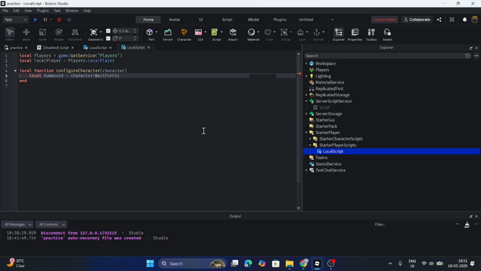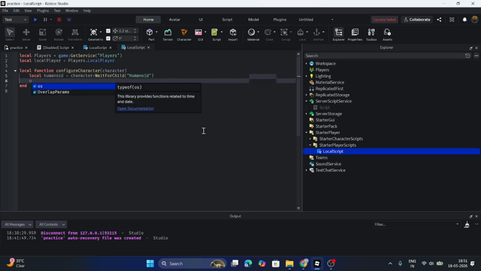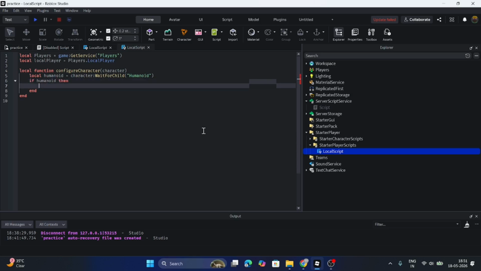We use WaitForChild because the character may spawn before all parts are fully loaded. And we are using WaitForChild Humanoid. As you may know, Humanoid is used for jump, walk, health, and animation. Humanoid is basically used to control all those things. And as you can see, we are applying a safety check: if humanoid, then